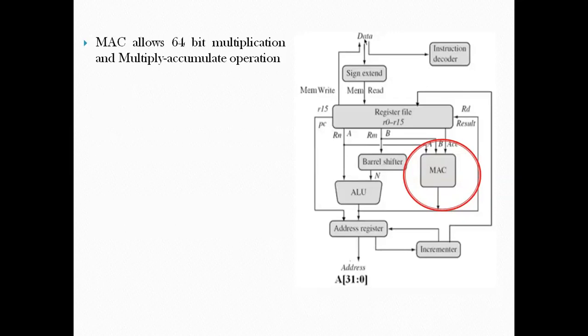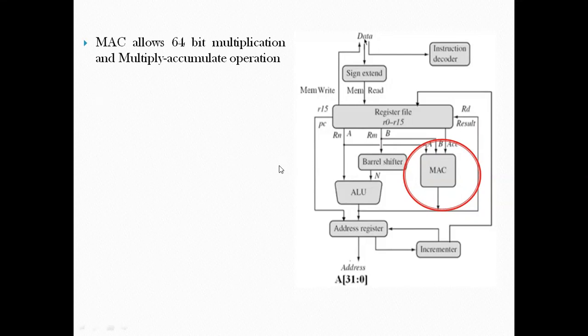Earlier processors did not allow this. Long multiplication came into ARM only in ARM version 5. Earlier versions did not have long multiplication because the capacity of one register is 32 bits. So only the lower 32 bits were getting stored, and the others were not.